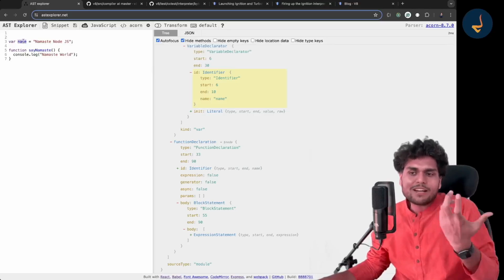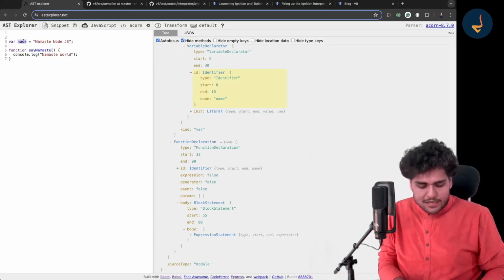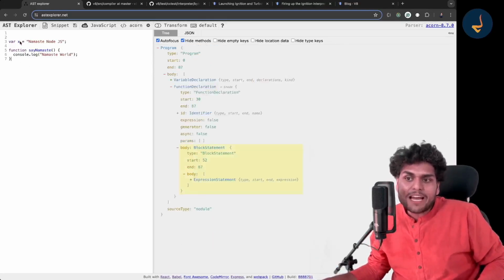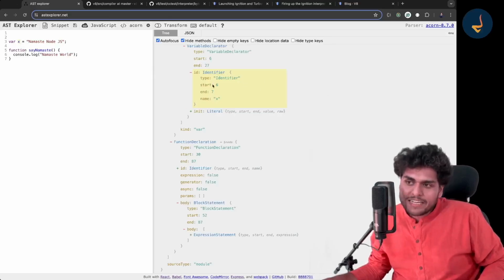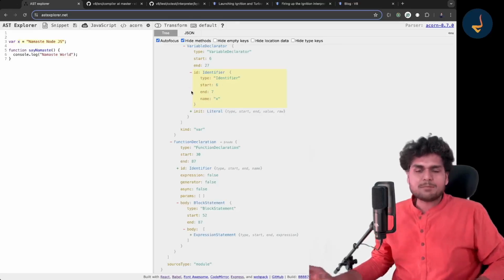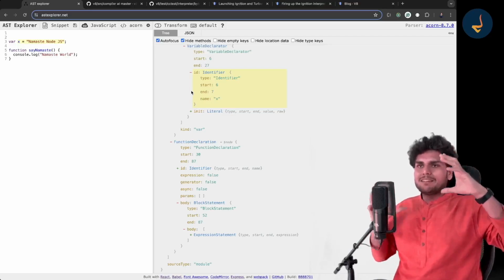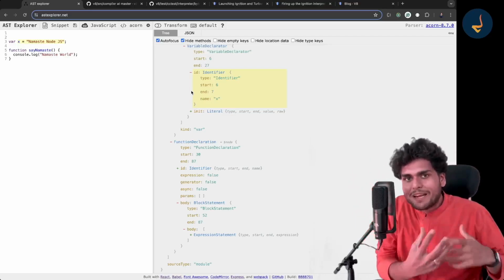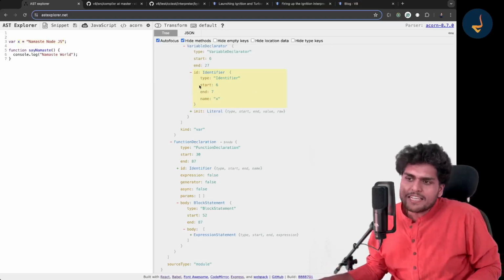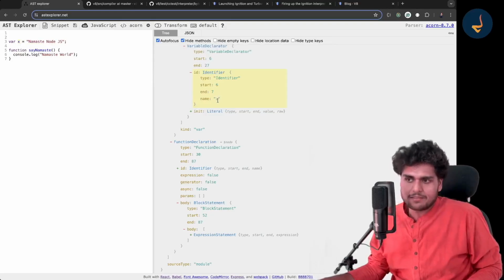If you call it something else, let's call it x, then this is a variable x, which means the identifier is x, right? So it creates an object like this identifier, and this start and end is managed by V8, it's their internal notation. You don't have to know about that, but see this. It says that this is a type of identifier and it is known as x.